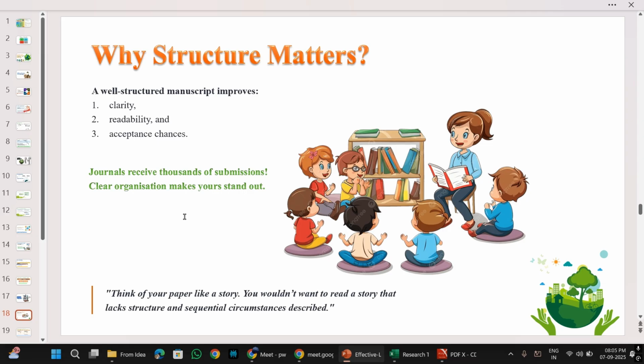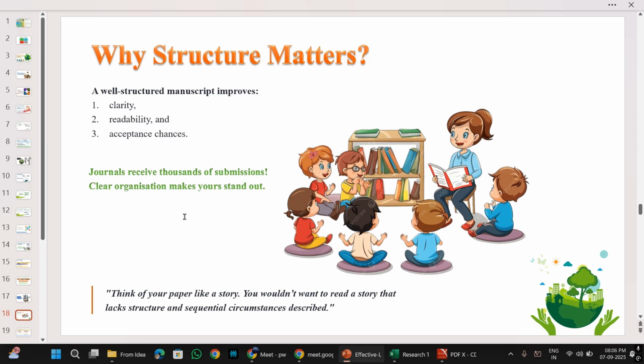Your research articles, your manuscript, your thesis, your report, they are also like stories. There has to be clarity, they should be readable, and people should be able to accept it. And when will they accept it? Only when it is a story. It's not just children who like stories, even adults like stories. Even researchers and scientists would want to read your article when it is told in the form of a story. When it's a story, it is more understandable, it develops your liking to read and to complete it until you reach the findings and generalization.